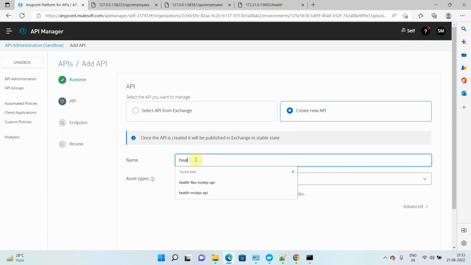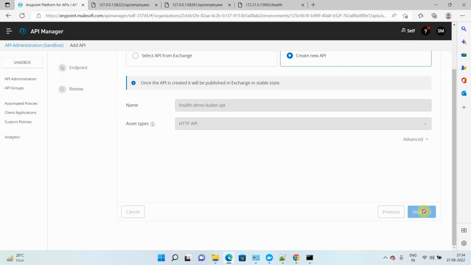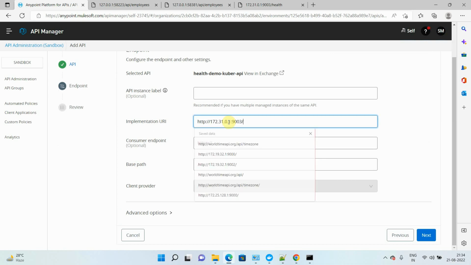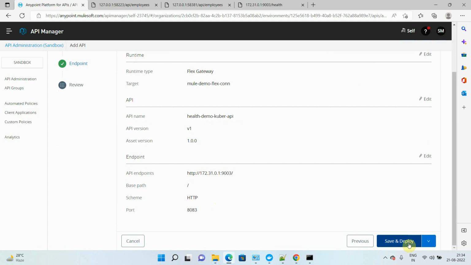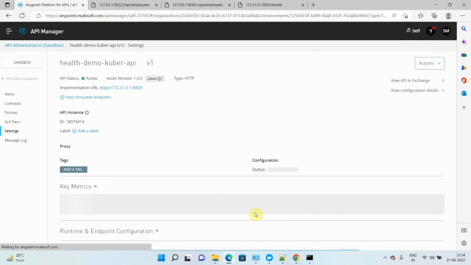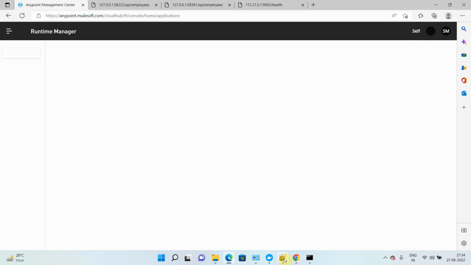Then I can say health demo kuber API. Select HTTP API. Say next. I will provide the implementation URI and I will change the port to 8083. Next, save and deploy. Okay, these 3 APIs have been successfully published, and make sure you have to open those ports in